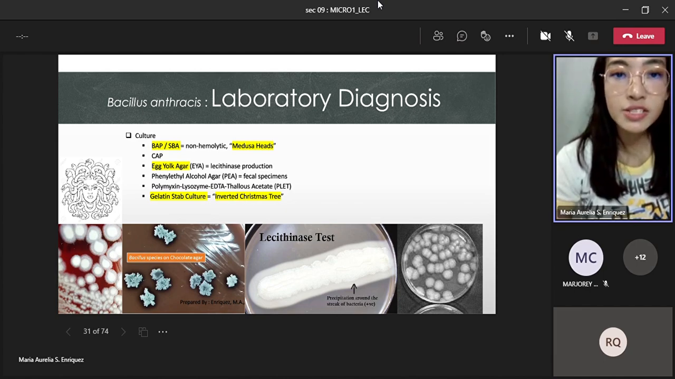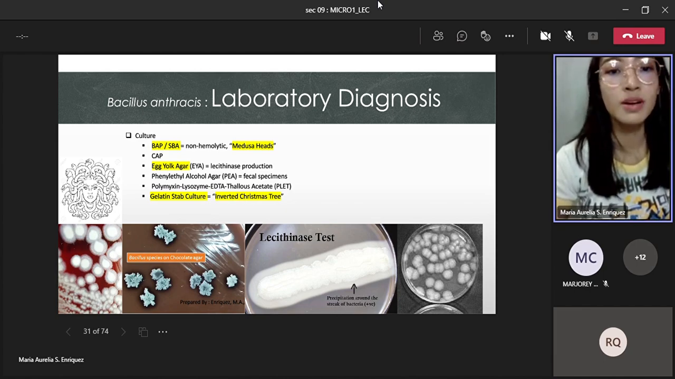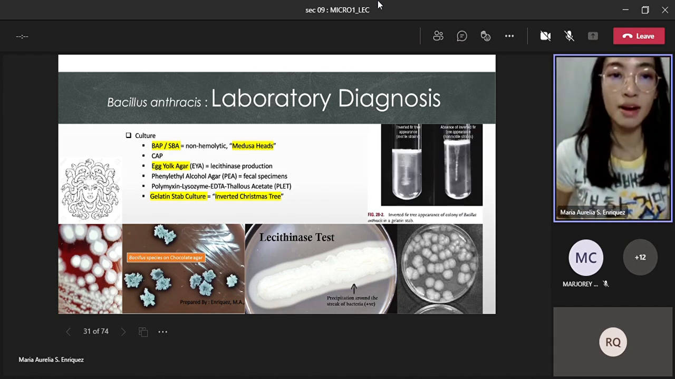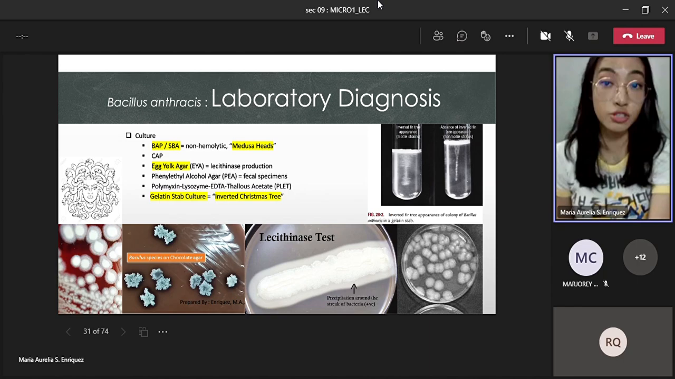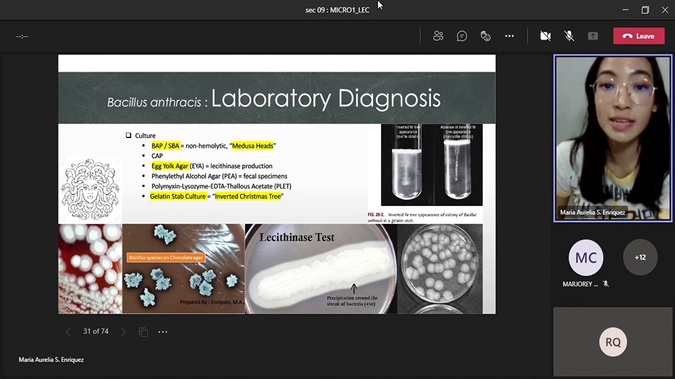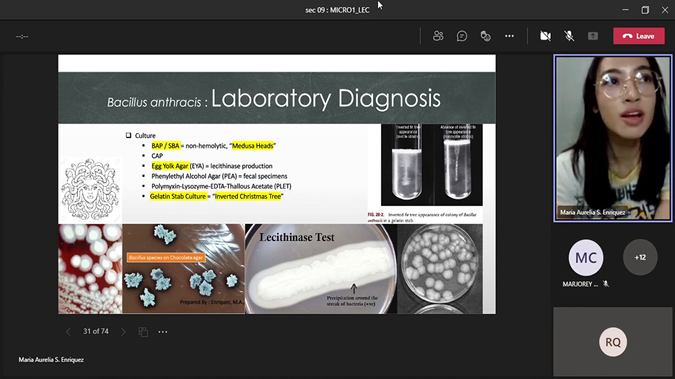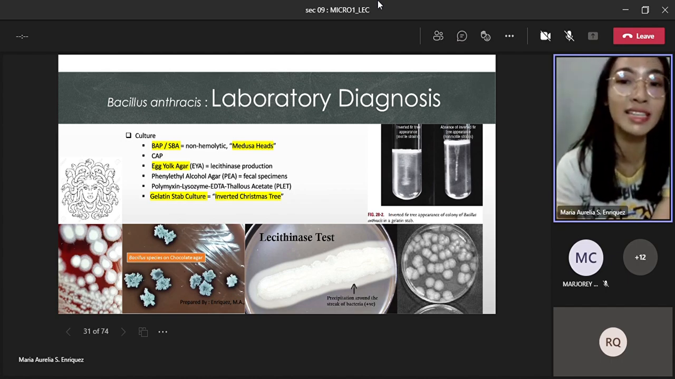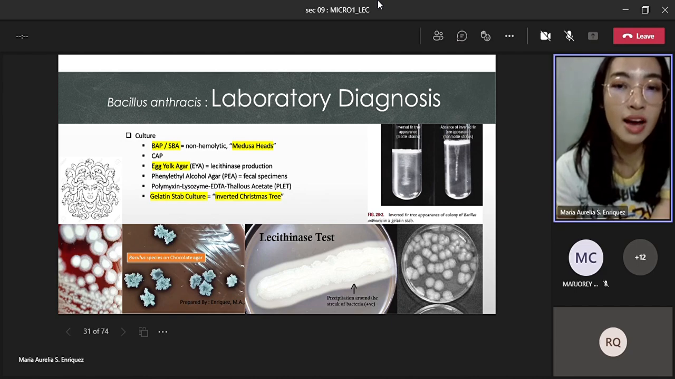All right, next is on a gelatin stab. So although non-motile po ang Bacillus anthracis, some strains could produce motility patterns on a gelatin stab, or a unique growth pattern on a gelatin stab. So they could produce an inverted pine tree or inverted Christmas tree pattern as shown here